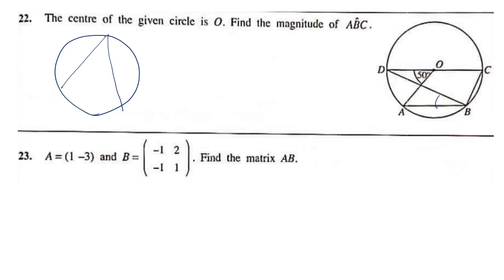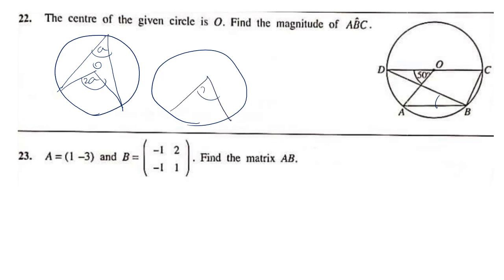This angle, the angle subtended, I'll tell you the other way. Angle subtended at the circle is half of the angle subtended at the center. So if this is A, say this is 2A, this has to be A. So the same way you can draw it this way also. This is 2A, and you can draw the other one like this also, right? So this is A. So the same way, this is 50, right? So this has to be 25,